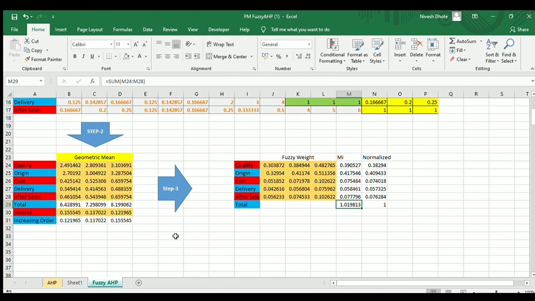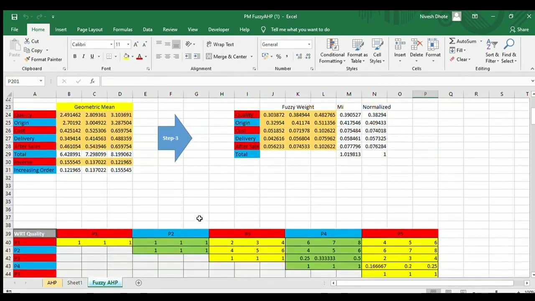So what step did we take in AHP? We divided each value by the total value. So we get 0.39, but divided by 1.01, we get 0.38. Similarly, 0.41 divided by 1.01, we will get 0.40. Now if we sum it, I will get a value of 1. That means we can say these are the normalized values, and we can say these are the weighted values of all these factors.